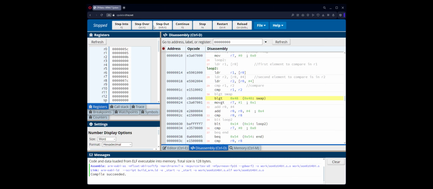So even if I step into, nothing is going to happen because 5 is less than B. The flag is not going to change because it already has 1. There are no changes there. No swap took place. Anyway, so I'm going to step over these instructions. I add 4 to R0, compare it against R8. If it's less than, I'm going to branch back to loop 2. So I'm going to add